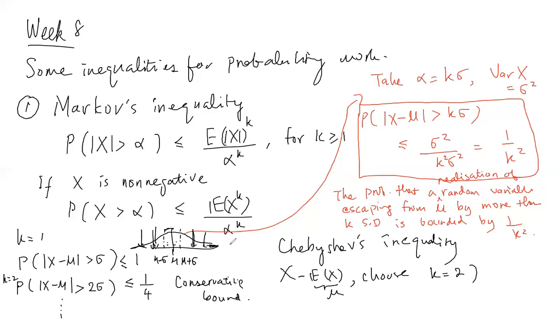At least it tells you that if somebody says that certain properties have certain values, but it violates Chebyshev's inequality, then it cannot be true. Because Chebyshev's inequality is very conservative, if it violates it, then there's something wrong with the result that people give you, right? Okay. So these are the 2 inequalities, and then we have the next one.